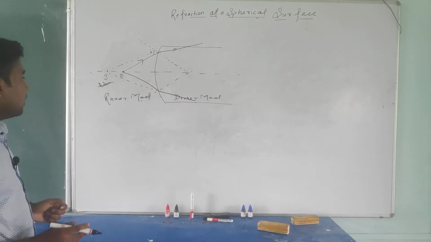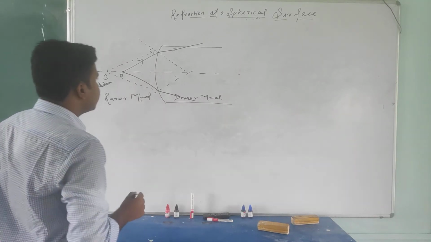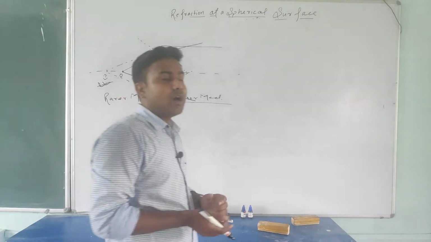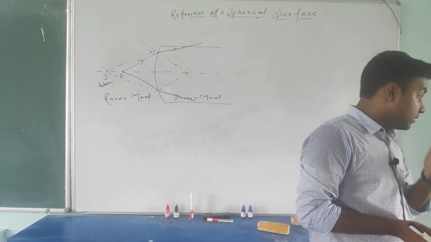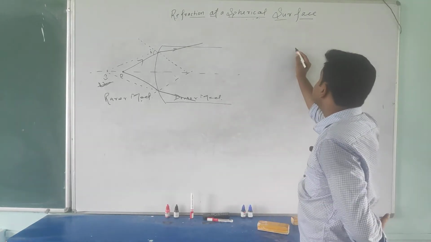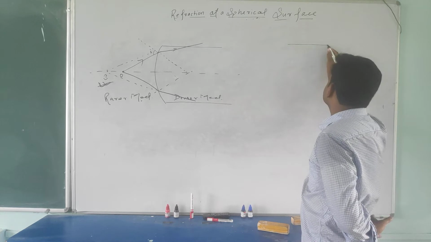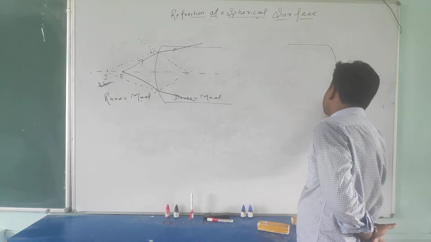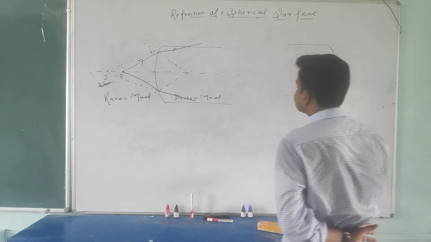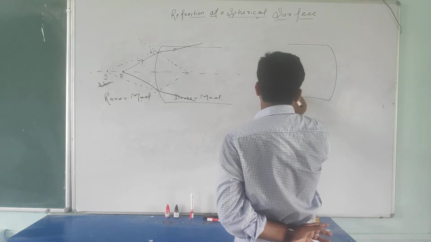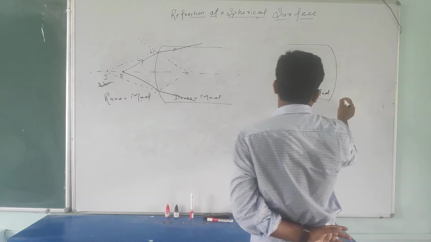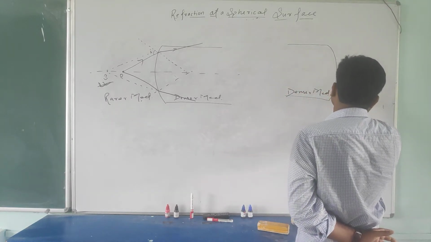Okay, student. Now I am going to take another case. Note down everyone first. Okay, so now I am going to take another case where our object is in the denser medium. Look at this. So this case is very much similar to the last case. So here I am assuming this one is the denser medium and this one is the rare medium.